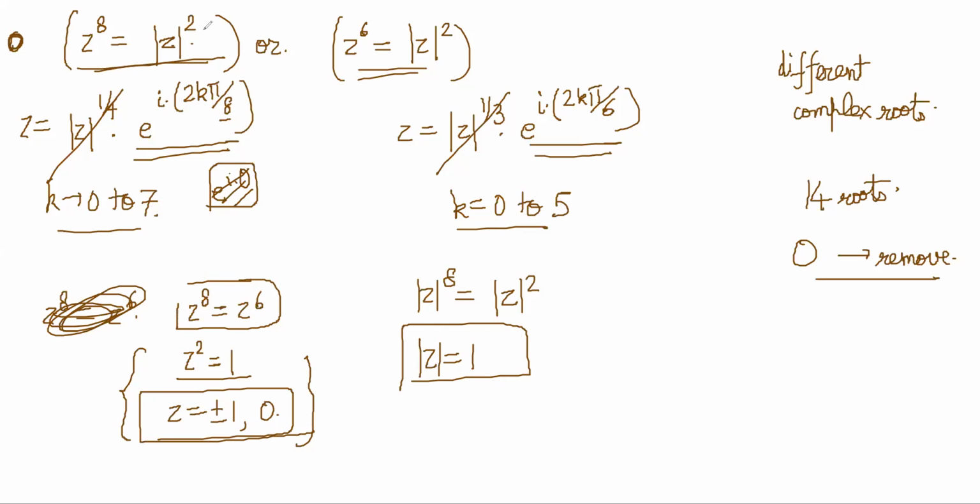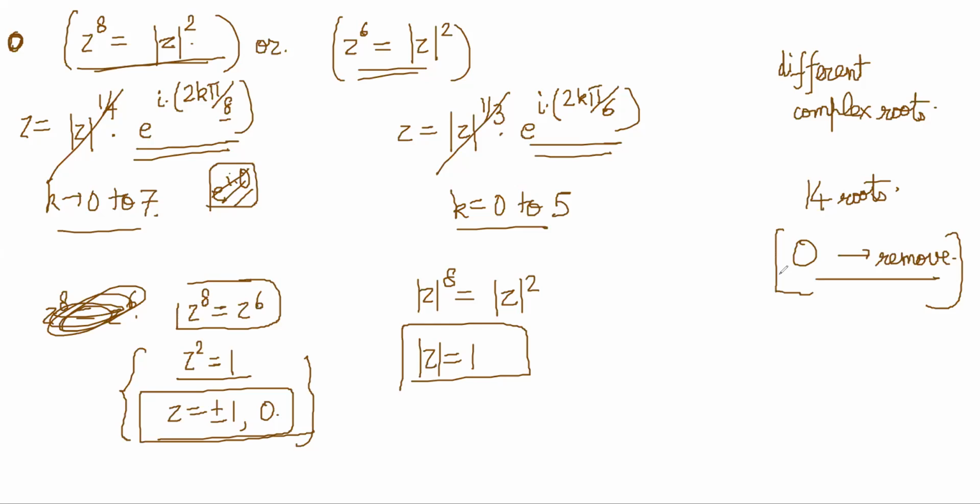z square, 1 to the power 1/8, the 8th root of 1, what is it? The 8 and 6 common stuff is 18, no? And 18 comes only when you multiply 8 by 2 and 6 by 3. And at those two points, there are different values. So only the 0 term is the same. Only one root is common, the 0 root, no?